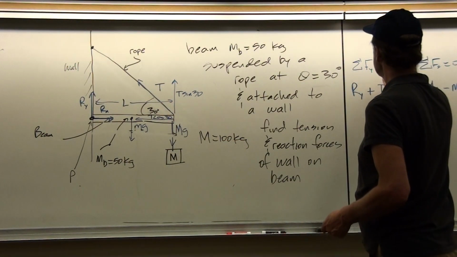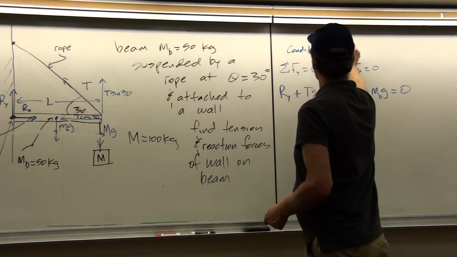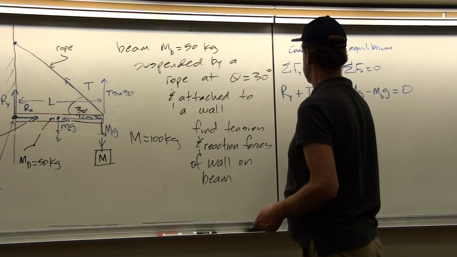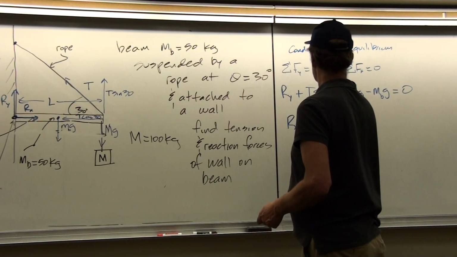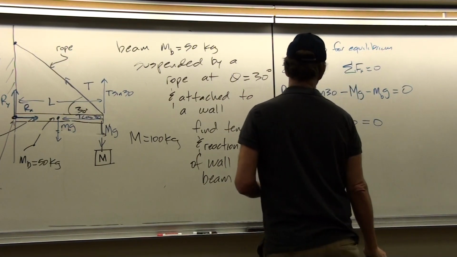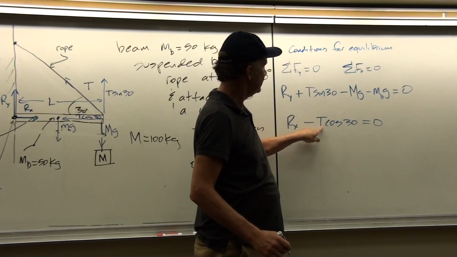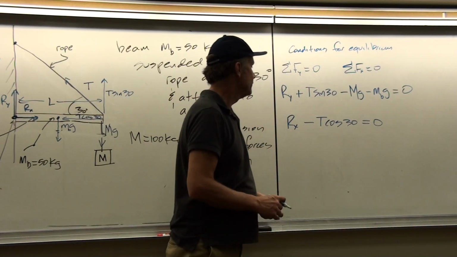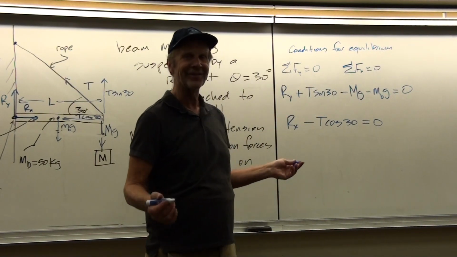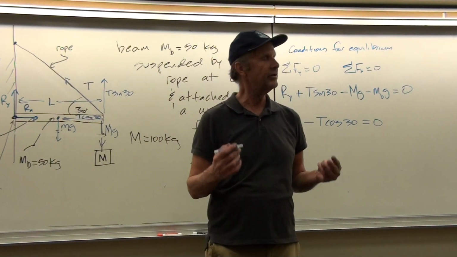Okay, remember this is an equilibrium problem. So these are the conditions for equilibrium. Still in chapter 13. So we have Rx minus T cosine 30 equals 0. Once again, we have Rx is an unknown, just as Ry was, and T is an unknown still here. So between these two equations, we still can't solve for anything because it's two equations and three unknowns, Rx, Ry, and T. So you always want to be thinking that way.